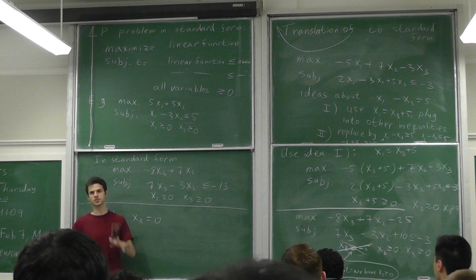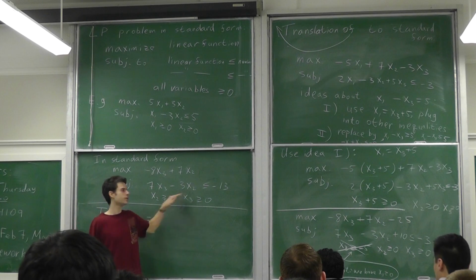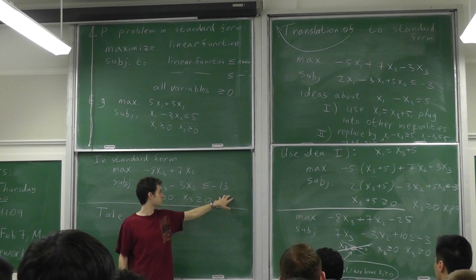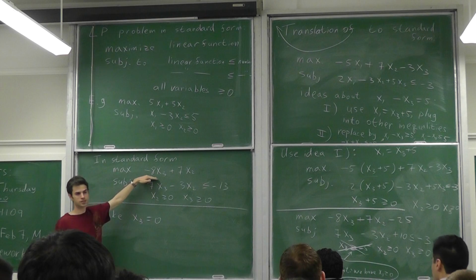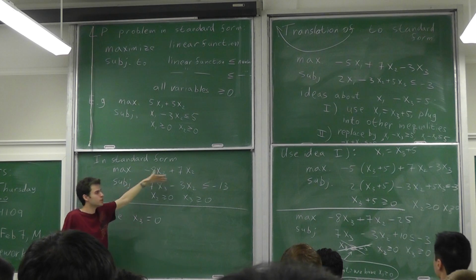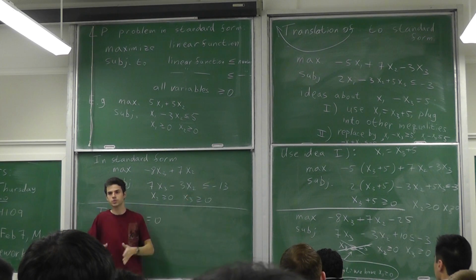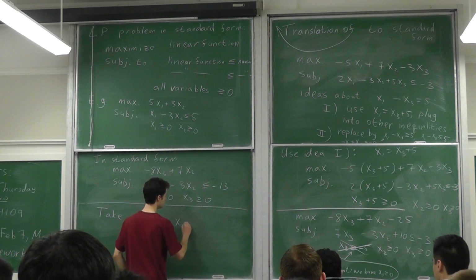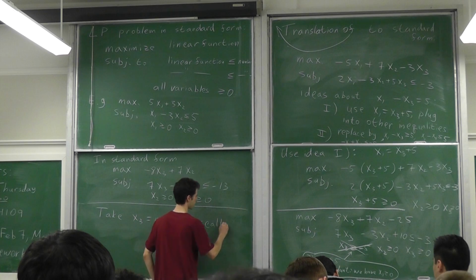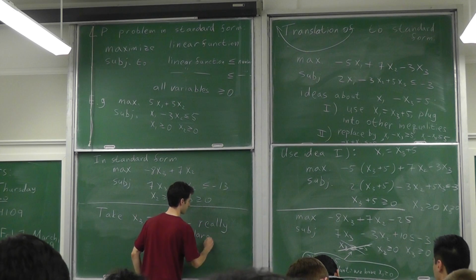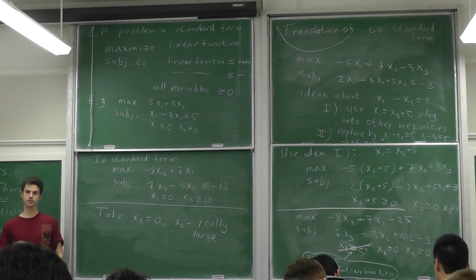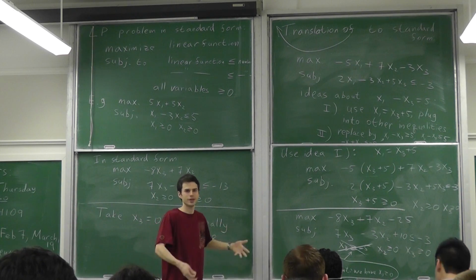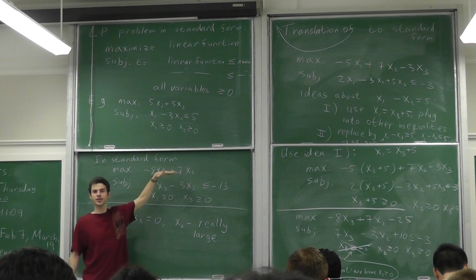So if x2 is big, say a million, I will have minus 3 million. Well, obviously it is smaller than negative 13. What about this objective function? Well, it will only become larger. x2 will become large, 7 times x2 will become large. And then we are able to produce any kind of, well, we can make this objective function as large as